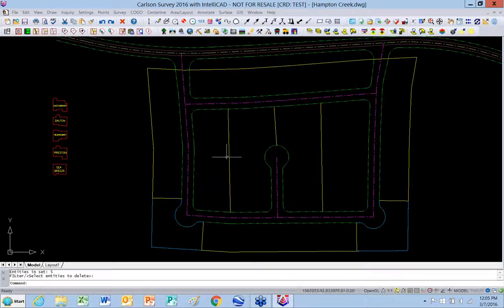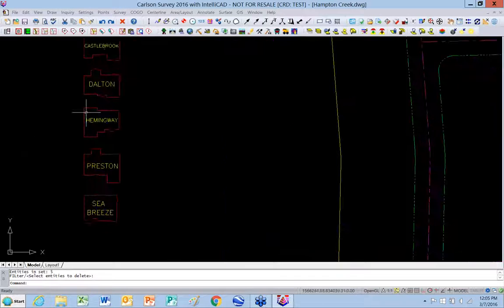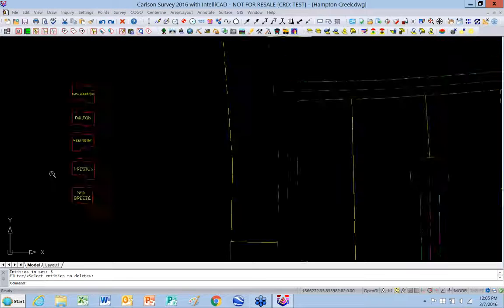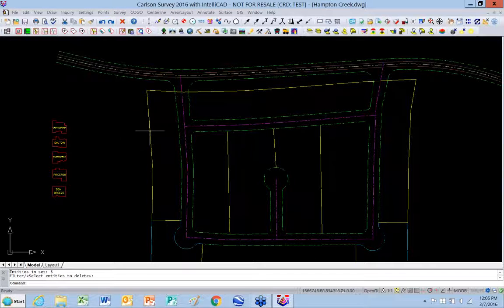All right. Now, on here, the developer has 5 house plans. He's got Castlebrook, Dalton, Hemingway, Preston, and Seabreeze. And these 5 house plans, that's what he's going to be using through the subdivision. So I'm going to go ahead and use LotNet